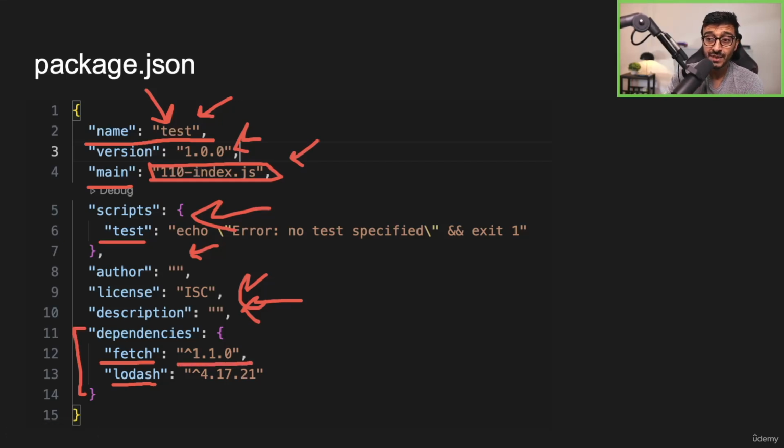And here's the thing. This is the version. This tells me that, hey, I'm fine referencing version 1.10 and above as long as you don't bump up the major. Stay at release 1. 1.20 is okay. 1.30 is okay. 1.35 is okay. 1.99 is okay. But 2? Nope. Don't use that. Same thing here. 4.17.21 is okay. That's the minimum. You cannot go below that. Don't use 4.17.20, sorry. You have to go this and higher. 4.17.25 is okay. 4.18.21 is okay. And so on, right?